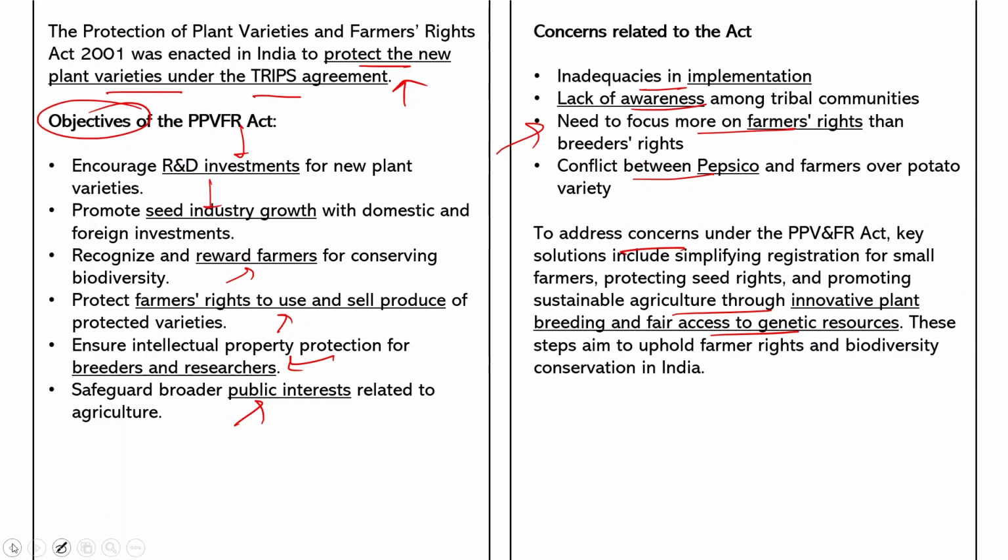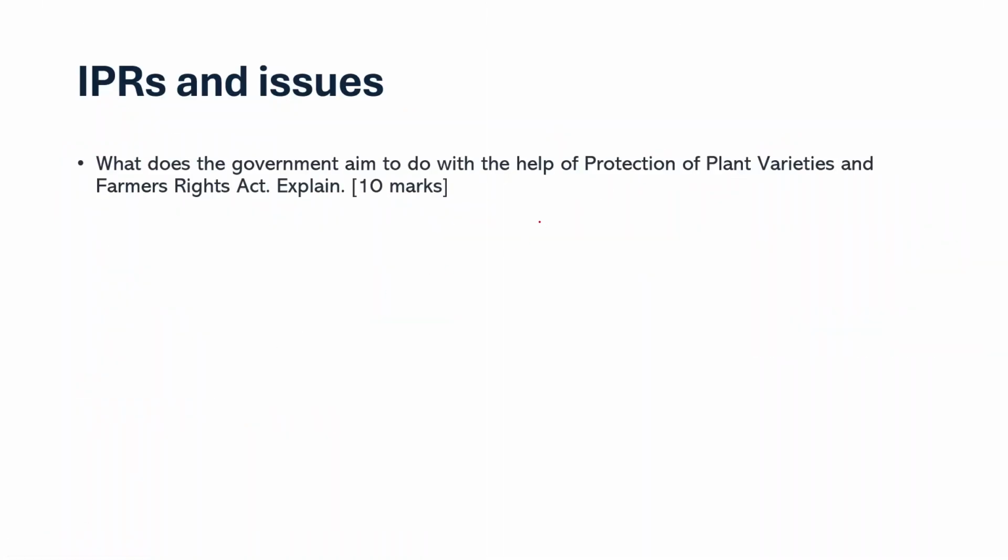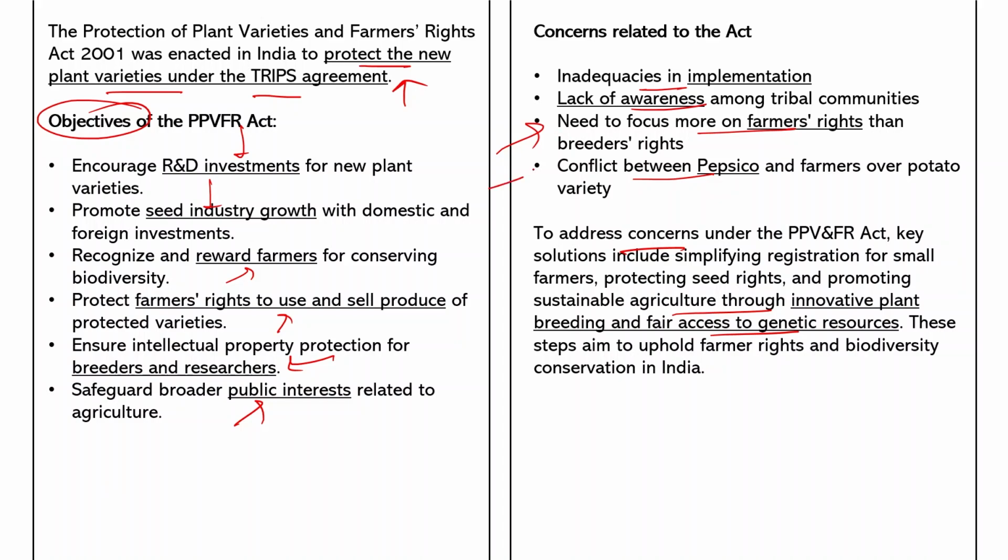First you write about the objectives, and you write about the concerns of the act, right? So when you're writing the objectives, you are essentially writing what does the government aim to do with the act, right? Because if you're only writing the objectives, you're not covering the other aspect of it, which is what are the problems in the act, what are the issues related to the act, concerns related to the act. So you write that also, and then you can write a good conclusion as a way forward. Okay,